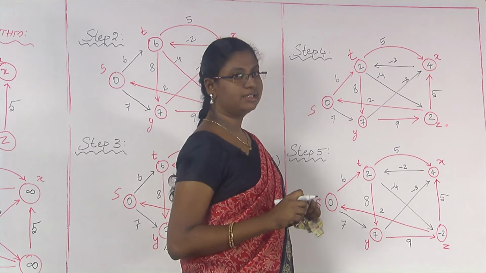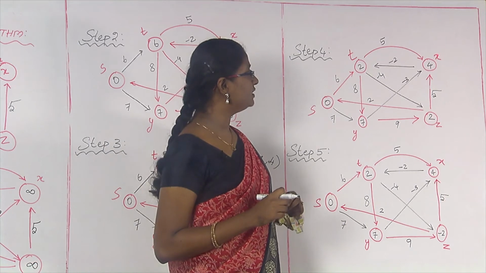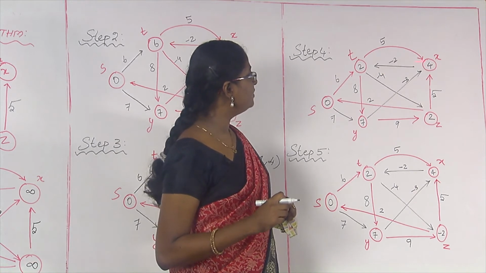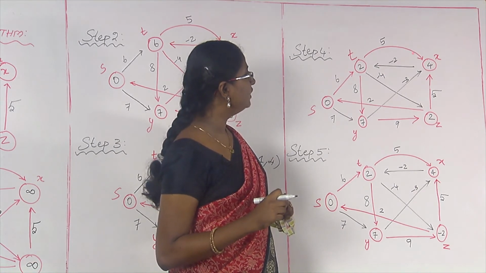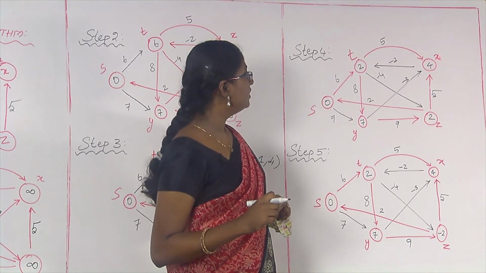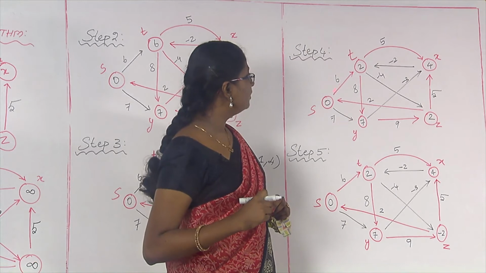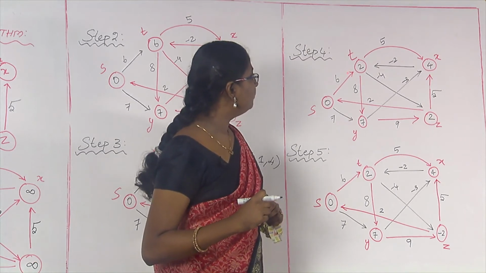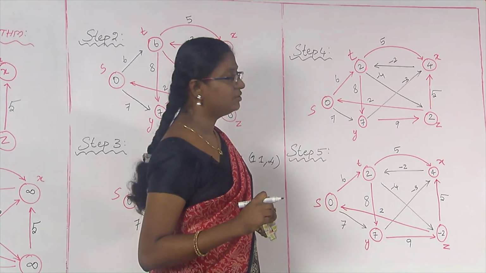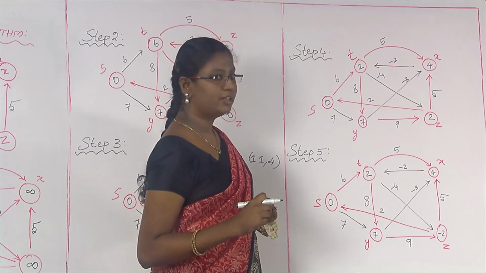What I am going to do now is, as in the previous step, consider the arcs that emerge from the vertices x and z. From x I have an arc to t, and from z to x I have another arc. Consider x to t. From s I can go this way: s to y, y to x and x to t. If we consider the distance, it is 4 minus 2, that is 2.